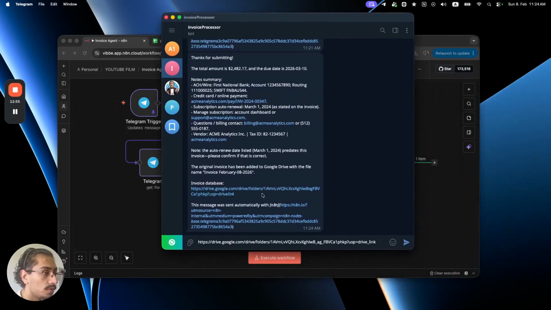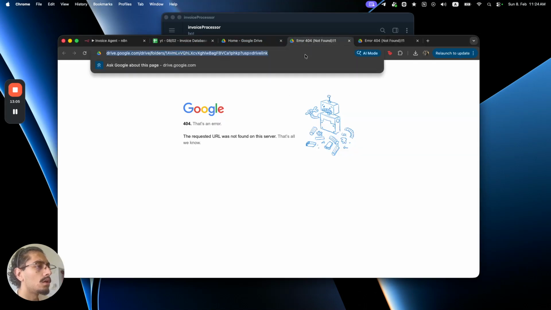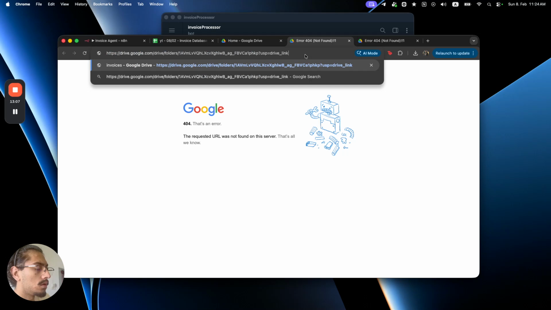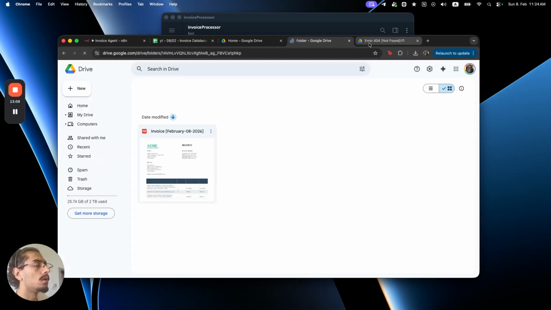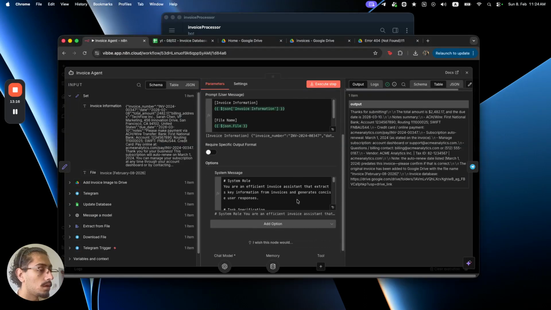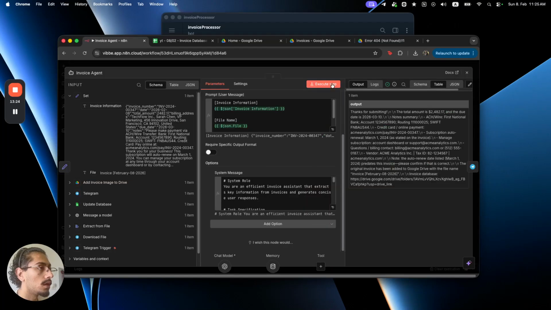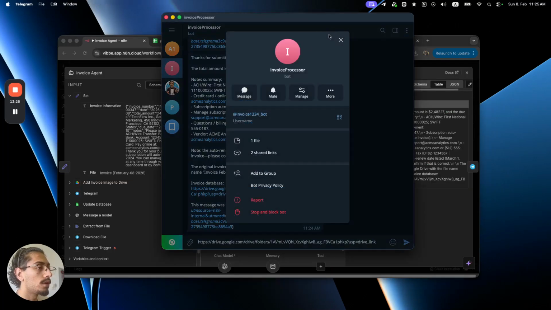Drive dot google.com, drive folders. Oh, I see the problem. I know the problem. This is drive underscore link. And if you look here,